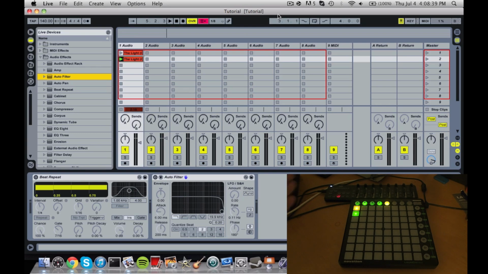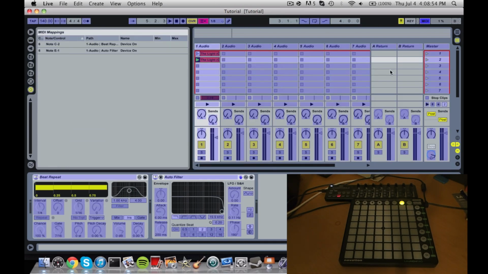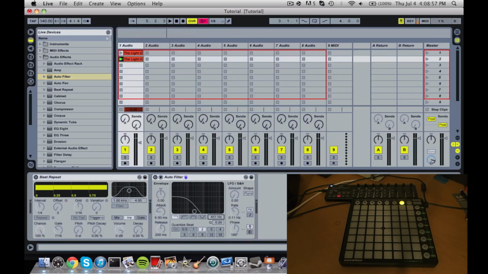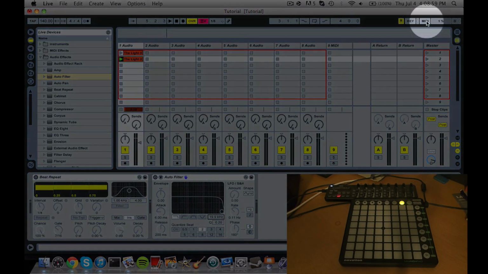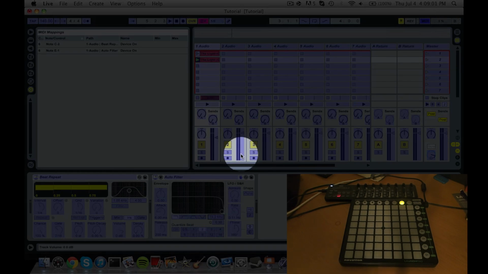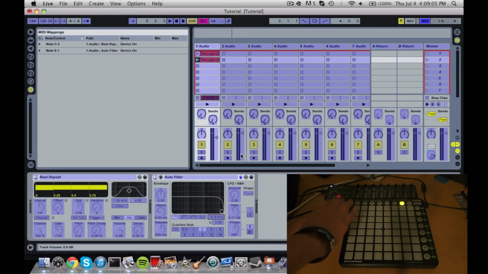Okay, so now I'm going to show you how you would go about changing the frequency without using a knob and just the Launchpad. Now keep in mind, it's not going to sound as good, but there's a way to do it. So what you want to do is hit MIDI, and I want to change the frequency, so it will go down like that. You want to hit MIDI, hit the frequency, and the only way to do it on the Launchpad